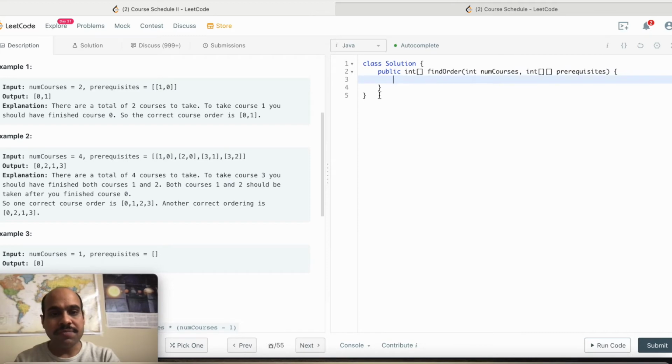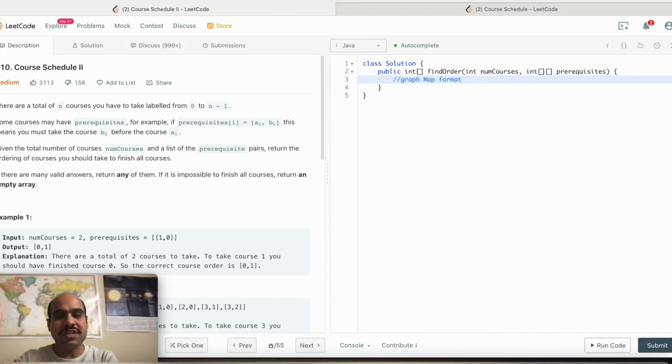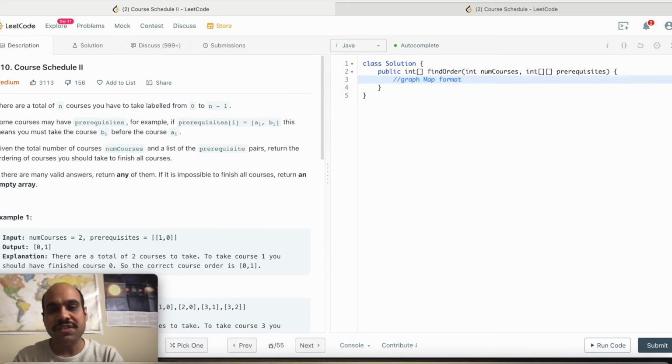Okay friends, so this is the problem, and we will do two things first. So we will create basically a graph. It will be easy if I create a graph in map format, so that I can check the connected nodes just by doing a get query.